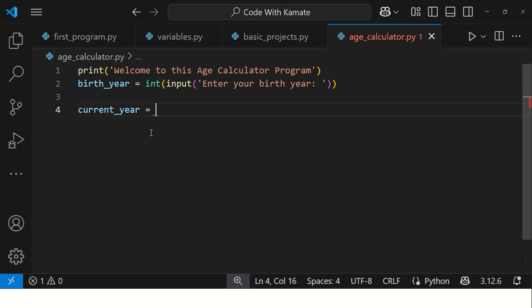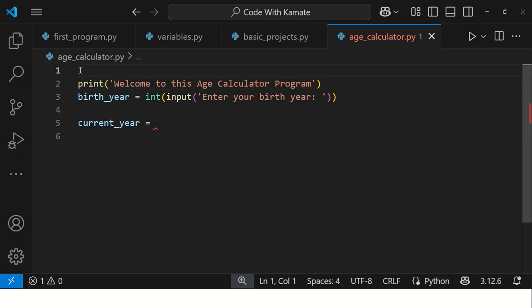So now in Python, we have what we call modules. Modules are frameworks which are designed to help us pick in different information which we can use in our code. For example, for Python to determine the current year we are in, we have to use a module which we have to import. Normally when we're importing, we import from the top. So we have to go to the top of the code, and now we import something from our datetime